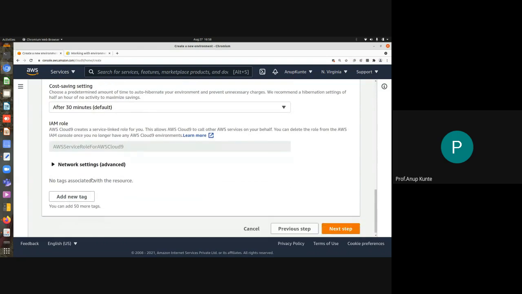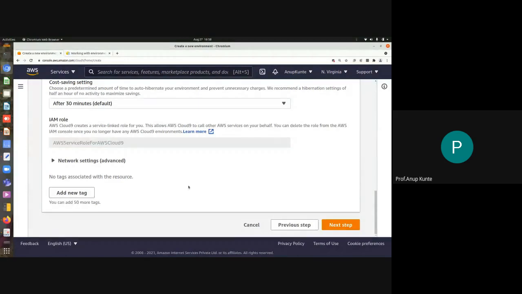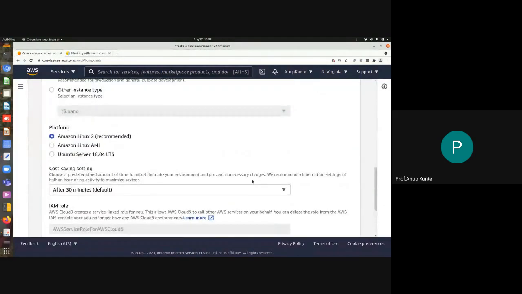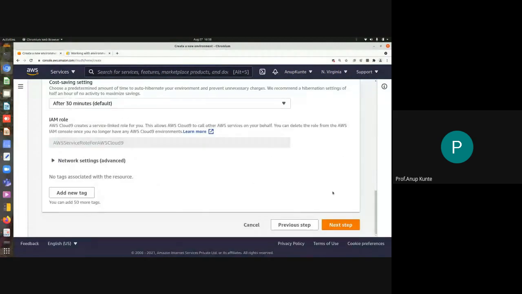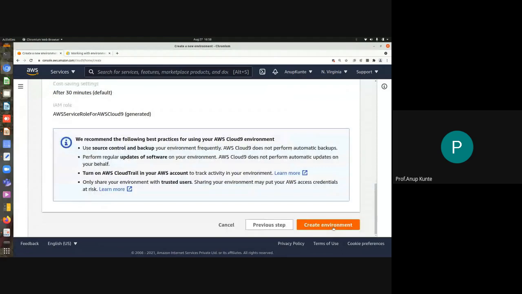Okay? Now, this I guess is enough for us to start spawning our first IDE. We'll be clicking on the next step. I'm not changing any other settings yet. Okay, so it says that we recommend the following best practices for using AWS Cloud9 environment: source code control and backup. So what is source code control?